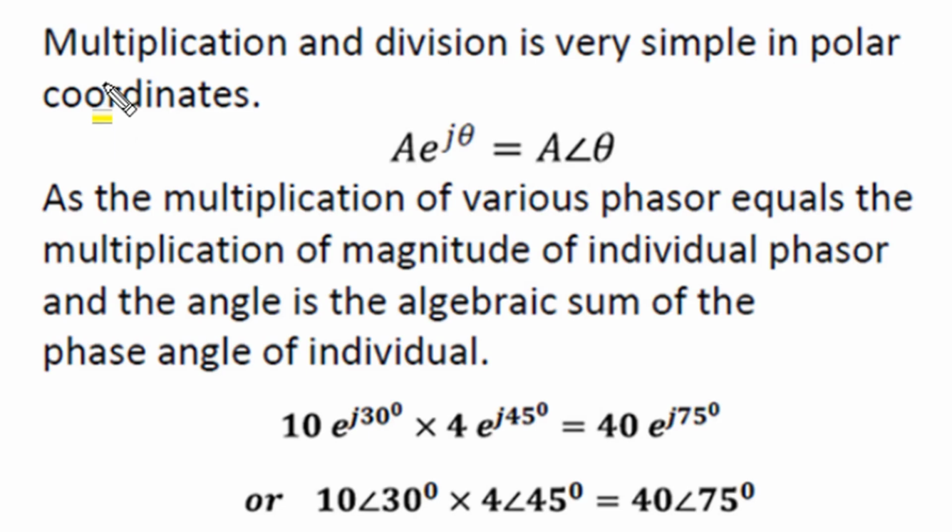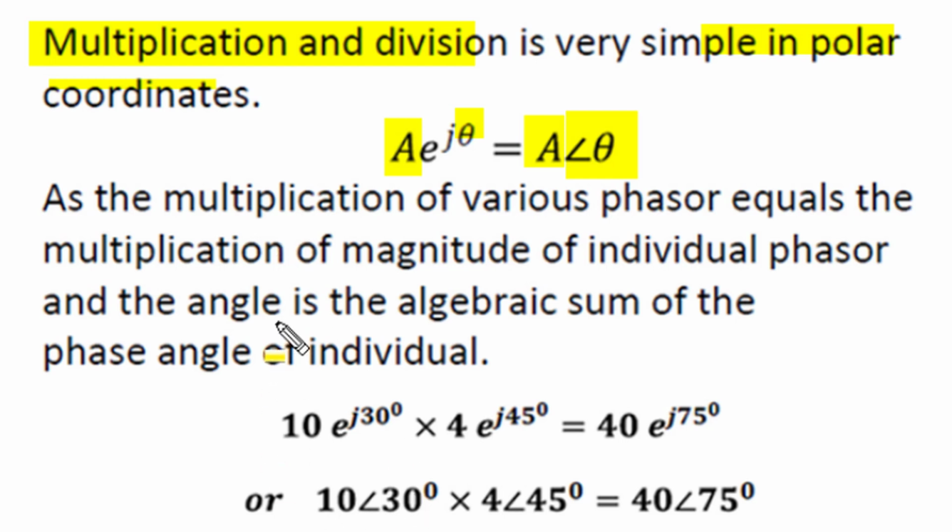For multiplication and division among phasors, we have to use polar coordinates as it becomes very convenient and simple, and in polar coordinates we have to represent phasor in terms of its magnitude and phase angle, and the simple format is magnitude angle theta. Now when we have to perform multiplication among several phasors, then magnitude of individual phasors are multiplied together to get magnitude of resultant multiplication, and the phase angle can be obtained by summation of individual phase angles,